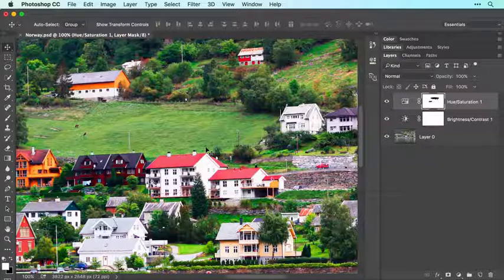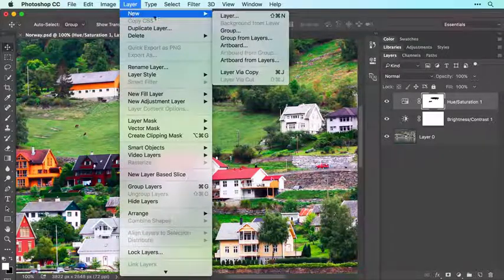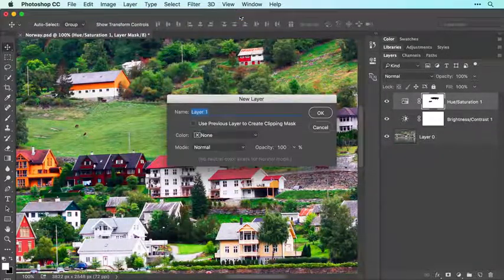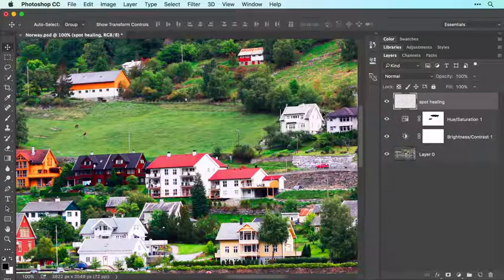Let's start with the spot healing brush, as it's the easiest to use and it's great for removing small objects like the cows in this pasture and some of the more distracting poles. Start by creating a new layer by choosing Layer, New, Layer, and enter Spot Healing into the name field and click OK. Alternatively, you can create a new layer by clicking the New Layer icon at the bottom right of